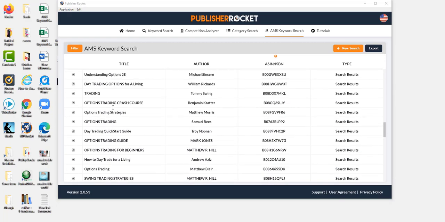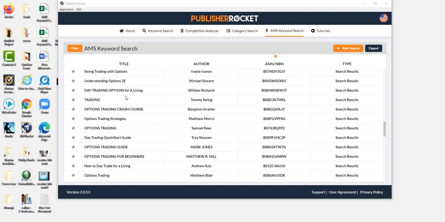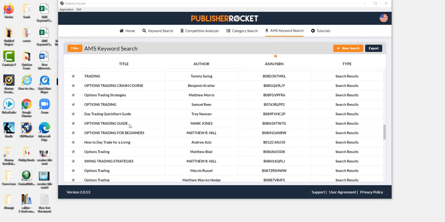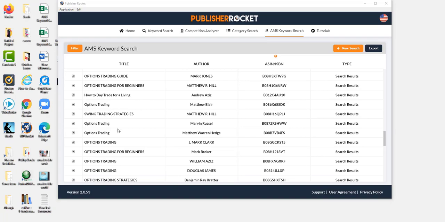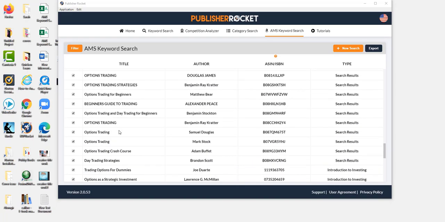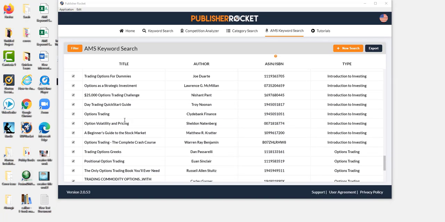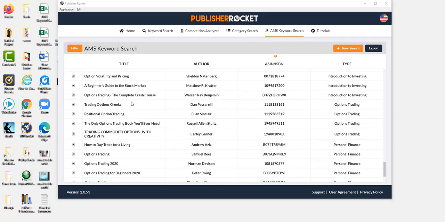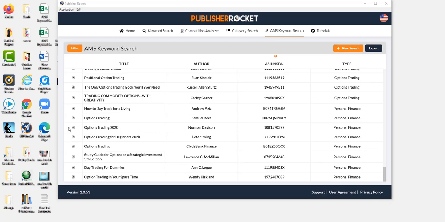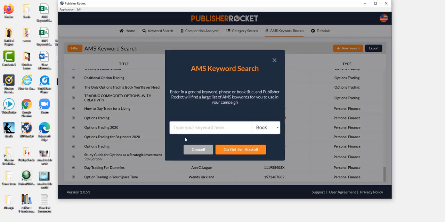This is very, very specific, actually. Day trading options. So day trading might be another keyword. Swing trading. So here I'm adding two more words that I'm going to search after this. Stock market is another keyword. All right, so I go here, new search. I'm going to do